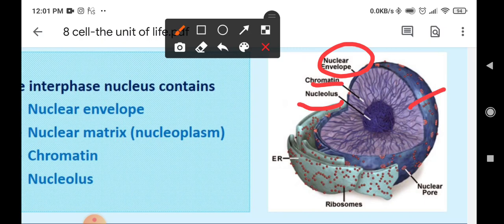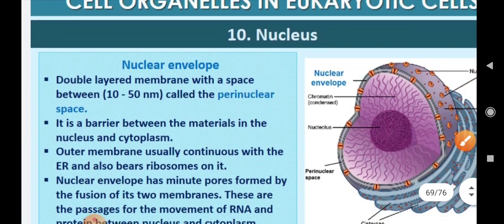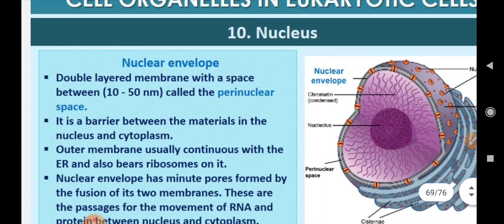Okay, close to the nucleus is the endoplasmic reticulum, which contains small granules on it. These are ribosomes. On the nuclear envelope, small gaps are present, and these gaps are known as nuclear pores. So these are the basic structures which we are going to discuss. Now let's move on to the nuclear envelope first.